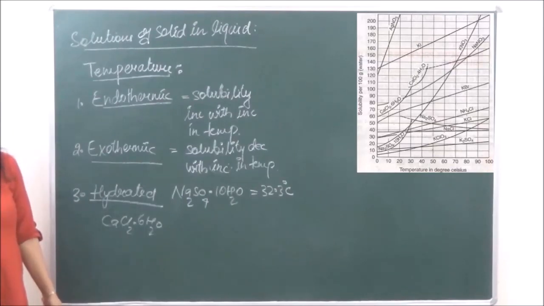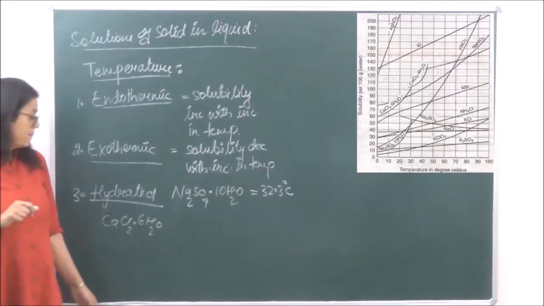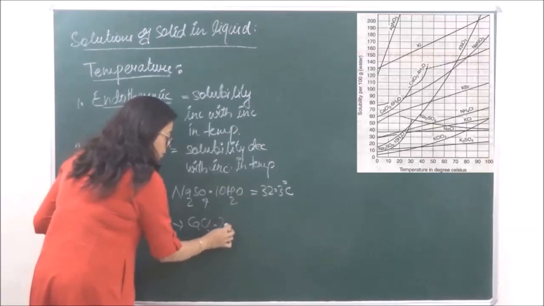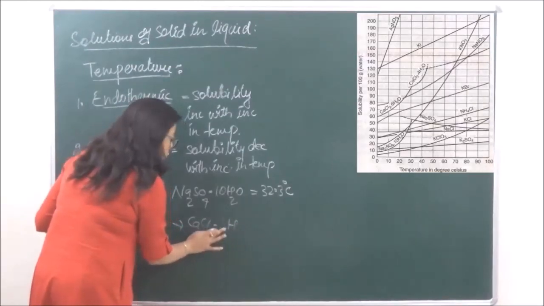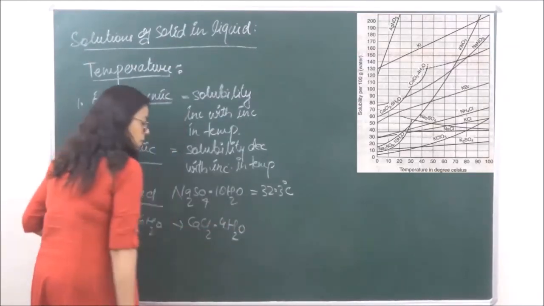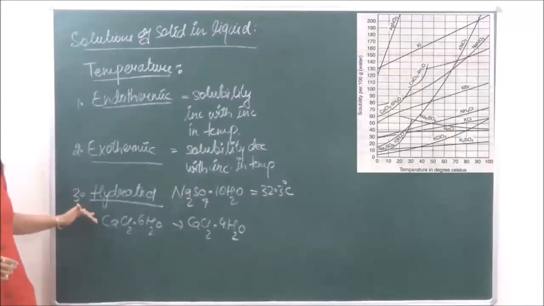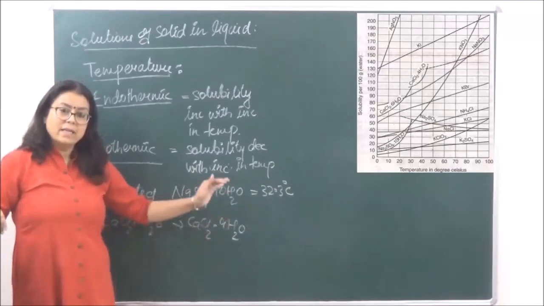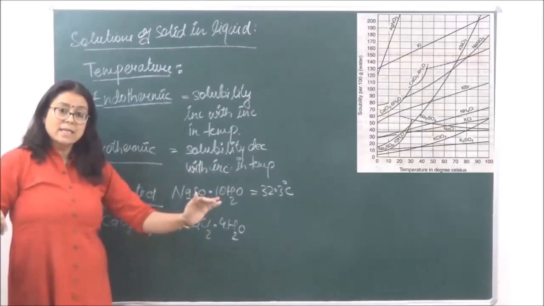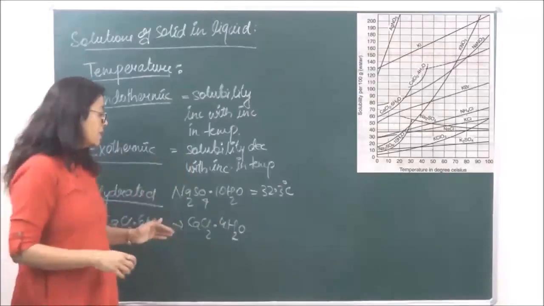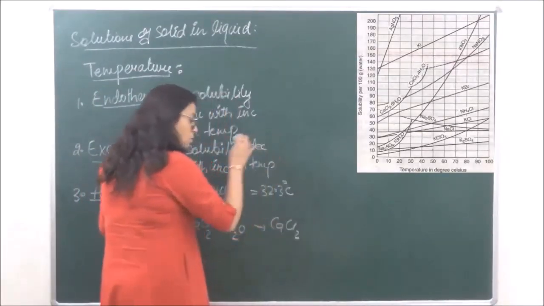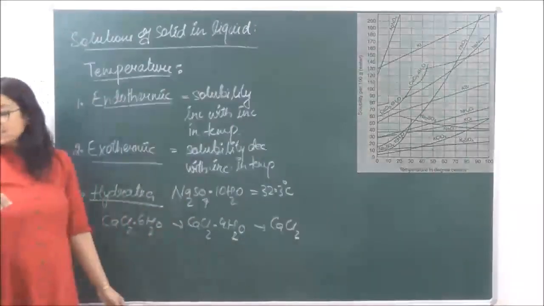In the first step, it is only losing 2 molecules of water to form calcium chloride dot 4H2O. Then it reaches this point, the solubility decreases a little, and then it starts increasing again till it loses all its water molecules, and hence it starts